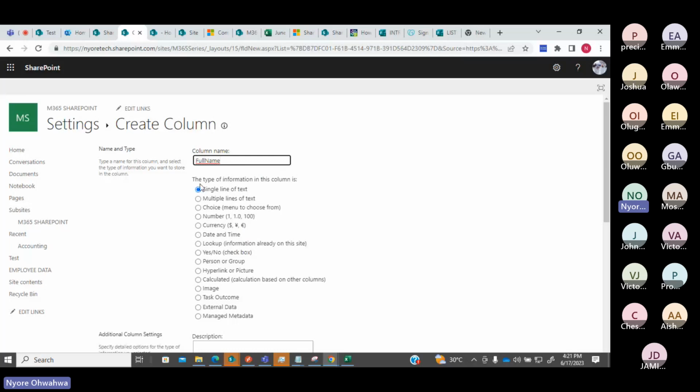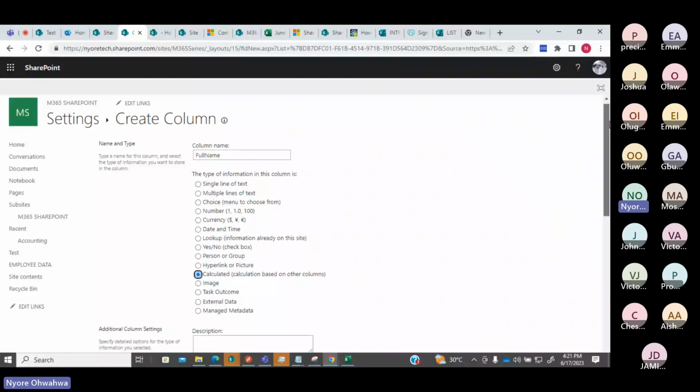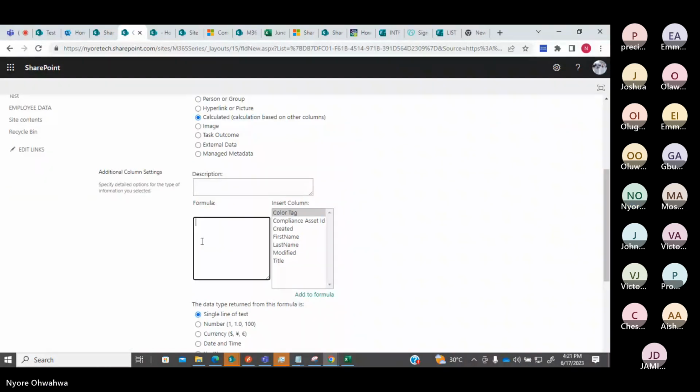Right, if you go through this, you would see the option that says calculated column. You select that calculated column and it brings you this interface that says formula. So you don't need to know all the formulas for a calculated column. Even me, I do not know most of the formulas. You can just go online and say